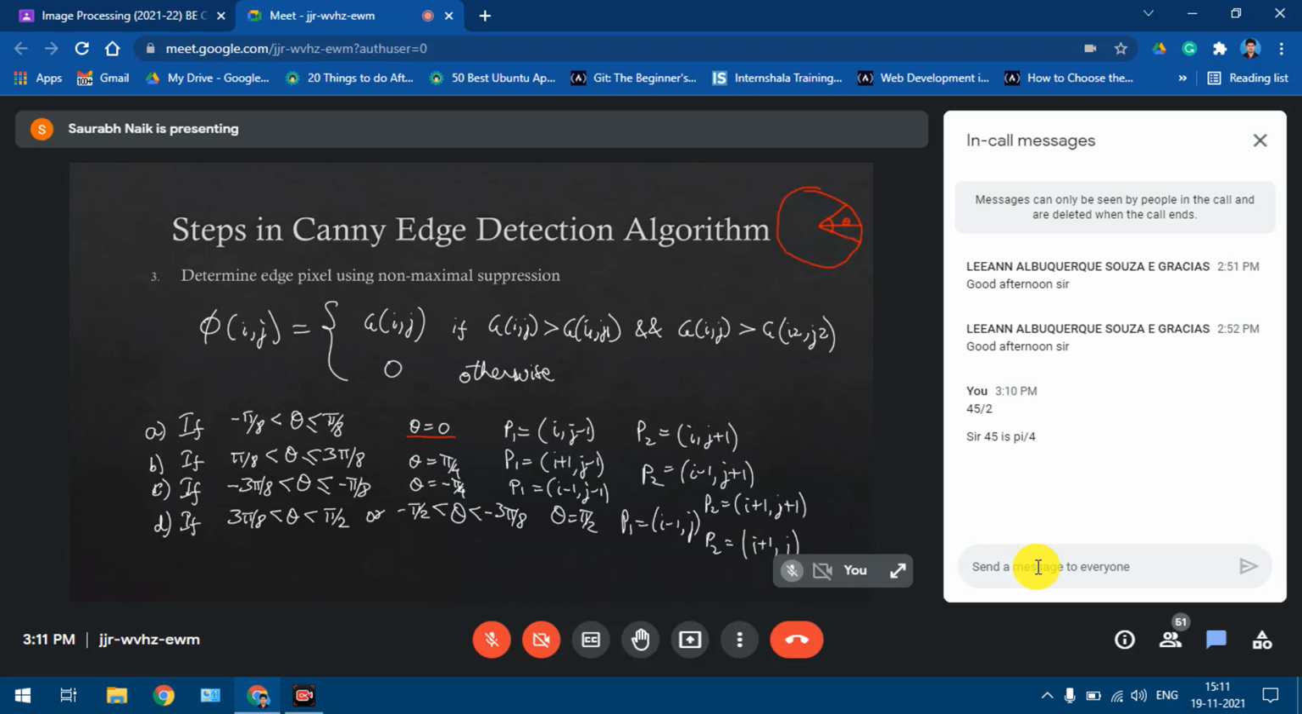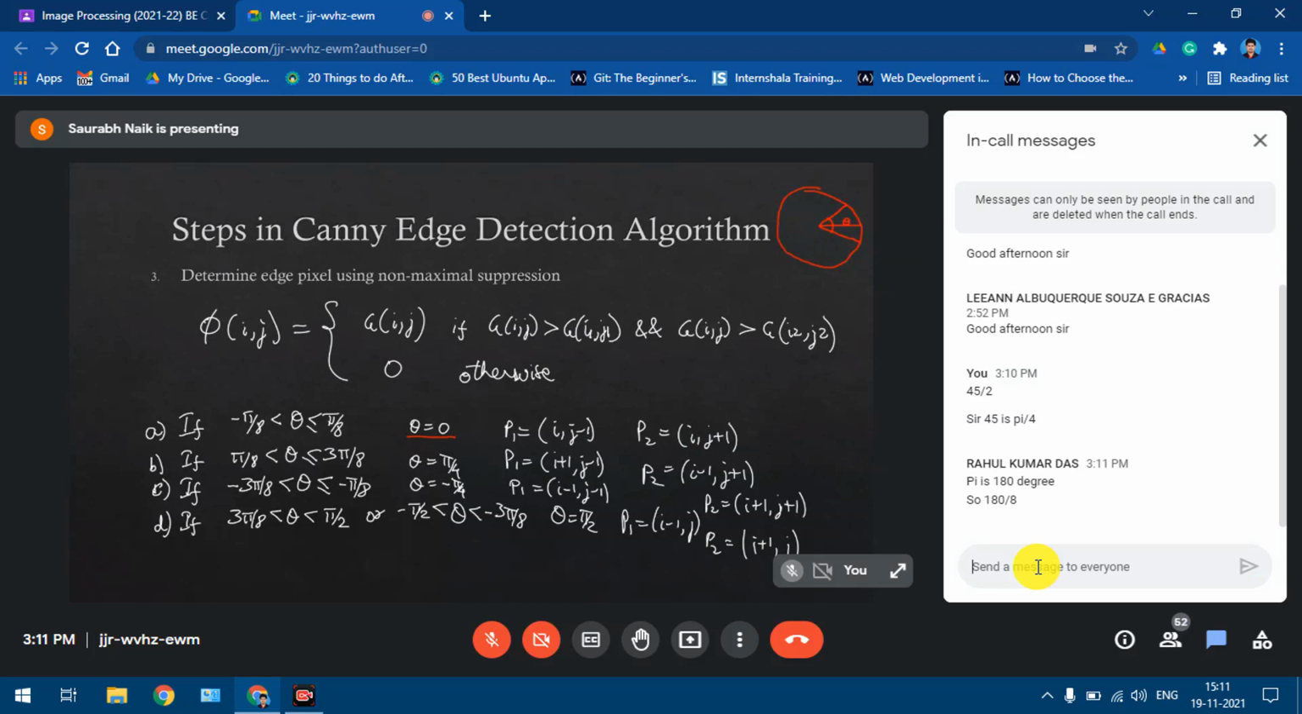Pi by, wait, sorry, 36, correct. It comes to, I think, 12, not 360, 180 divided by 8, 22. So not 45, because 45 is also an angle over here. That would be the diagonal, right? Right, thank you, Rahul. So not 45. If this lies between plus 22 and minus 22, then we consider this